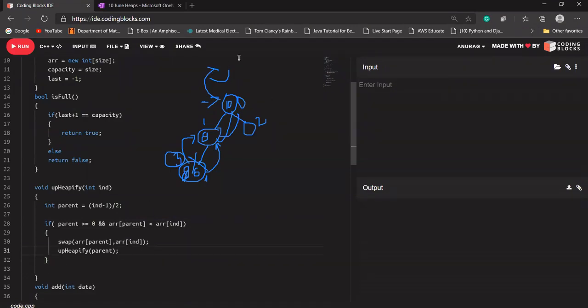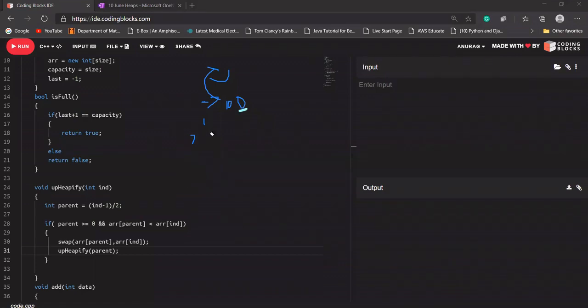because in this case, if there is nothing in our tree, let's say nothing in our heap, in this initial case, let's say I'm trying to add some value.